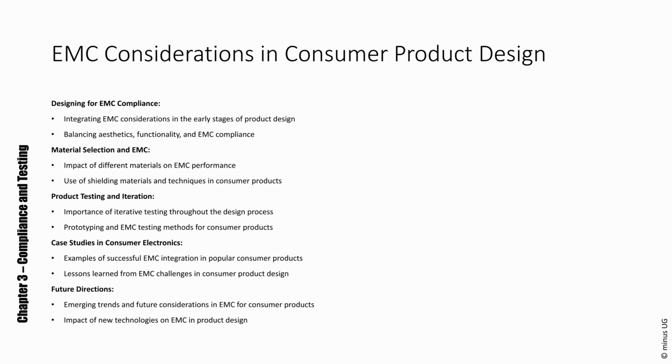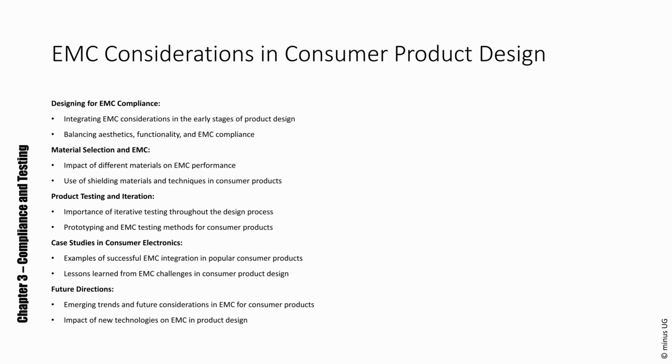It often requires a multidisciplinary approach, considering electrical layout, component selection, and physical design to create products that are not only visually appealing, but also electromagnetically compatible. Material selection and EMC. The choice of materials in product design significantly impacts EMC performance. Conductive materials, for example, are often used for shielding to protect sensitive components from external EMI, or to prevent devices